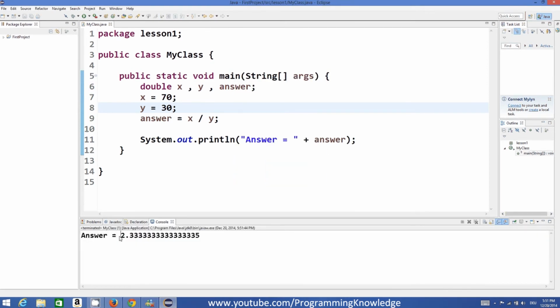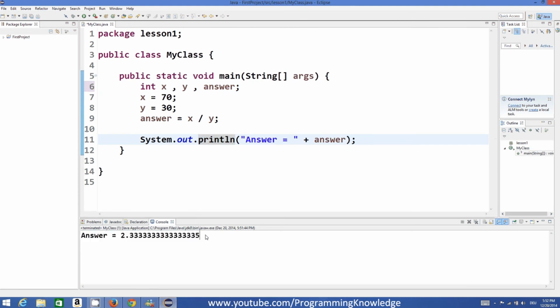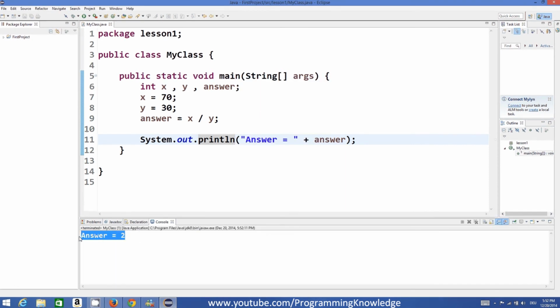Now the answer is 2.33, and this is the exact answer we were expecting, right? So when you declare your variable as double, you will get the decimal values, and when you declare your variable as int, you will just get the whole quotient value, not the remainder. Okay, so when you run the program, you will only get the quotient.